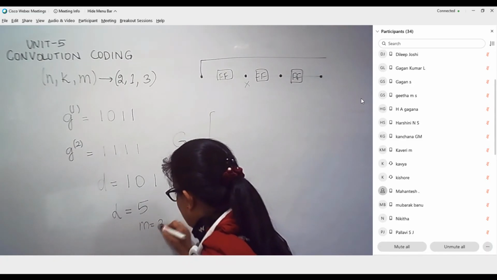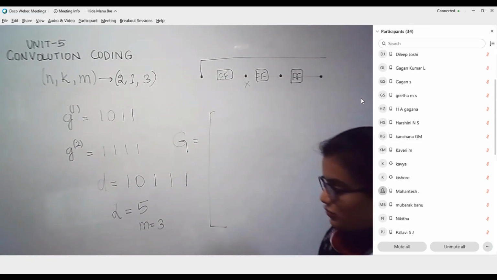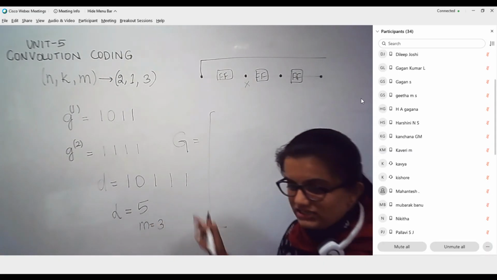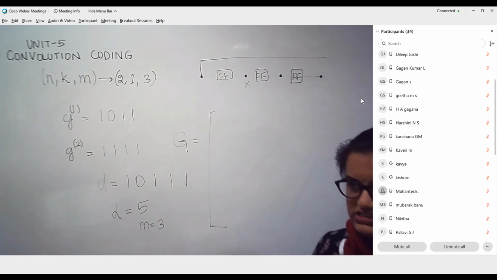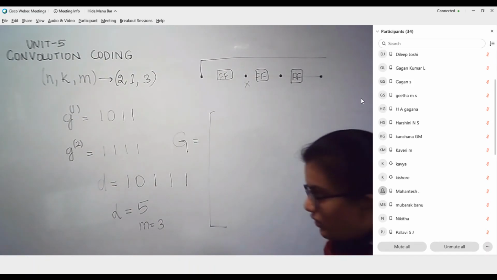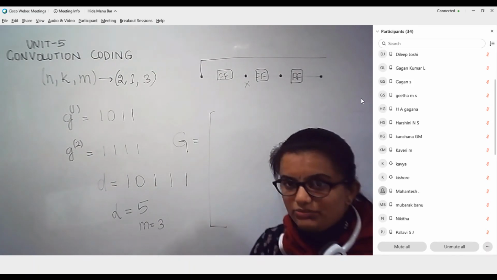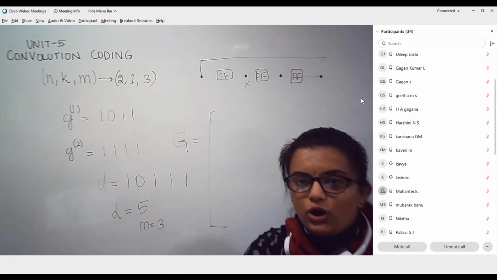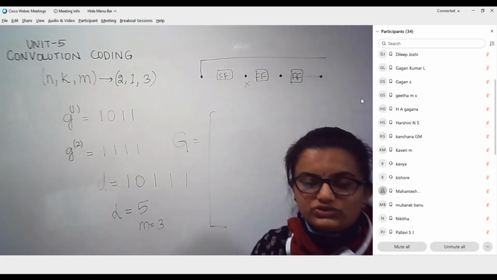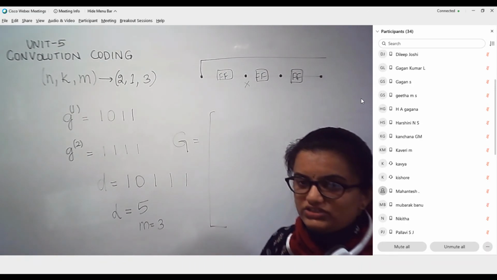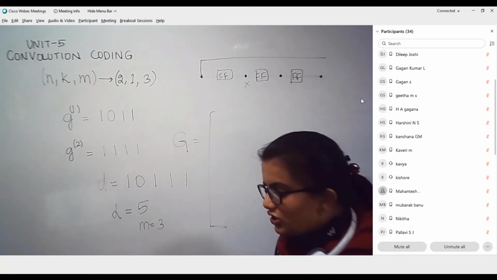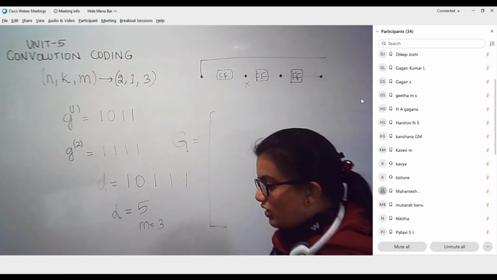There are 3 memory elements. So even after pushing all the data, you need to process for 2 more clock cycles. We will see that relation, how to know all these things. Like in the previous case, even after entering all the bits into the shift register within the 5 clock cycles, you were supposed to process for extra 2 clock cycles in order to know all the outputs.